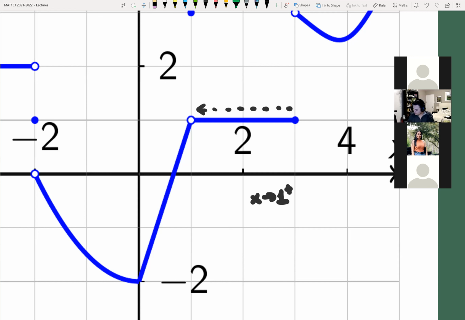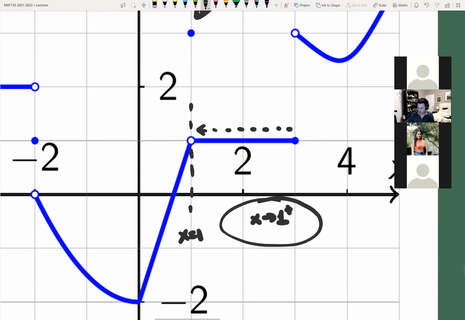Okay, yeah, because I broke it into 2 pieces, right? So I'm looking at as x approaches 1 from the right. So here's the point 1, right? This is x equals 1. And I'm approaching that line from the right. Well, there's only one part of the function that approaches that line from the right-hand side,